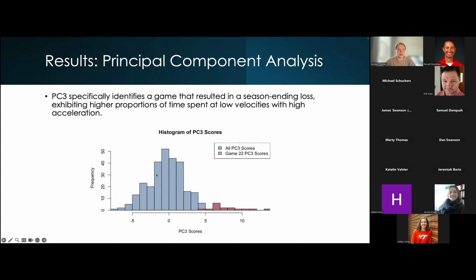And so we can hypothesize as to why this is true. Obviously, we don't know for certain why this is happening, but some hypotheses are this game was played at a higher elevation than a lot of other games, so maybe that played a factor in players getting out of position and then needing to get back into position. So that's why we see those sudden bursts of speed. Additionally, they were up 3-0 at halftime and ended up losing 4-3. So maybe that played a component in why that game was so different from other games. That was the only game that was like that. So those are some hypotheses, but we don't exactly know why that is.